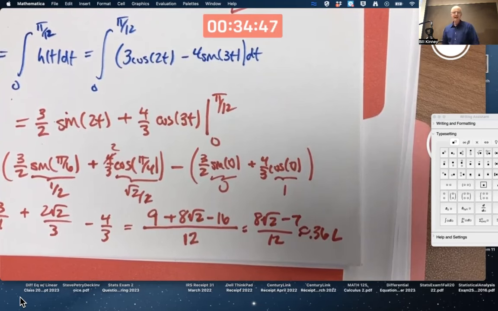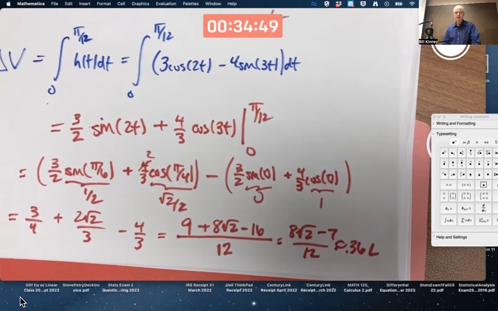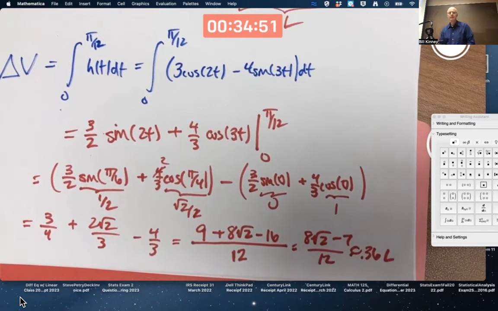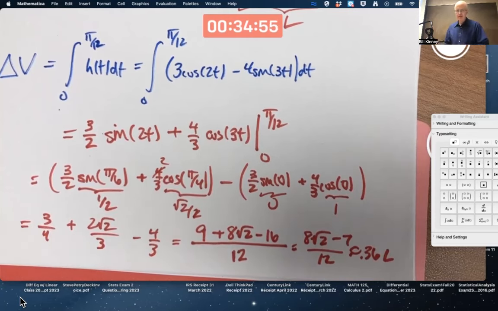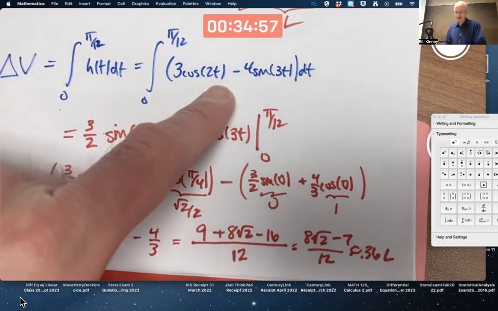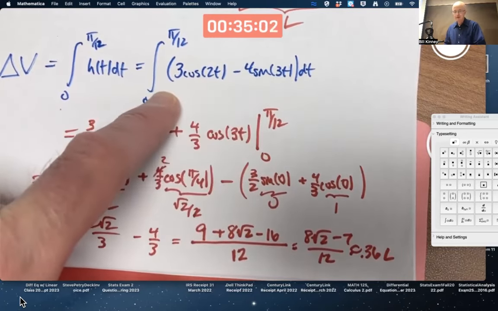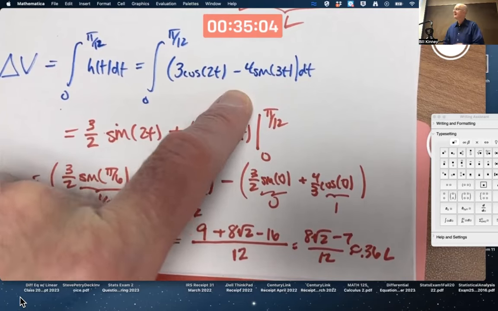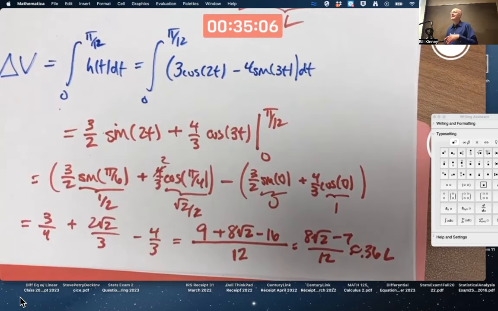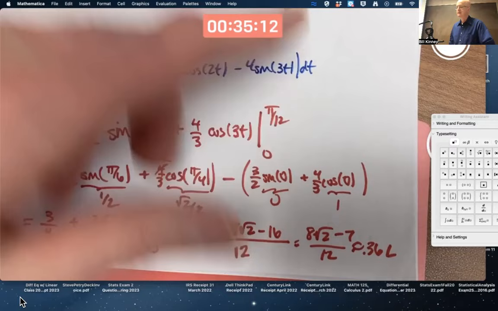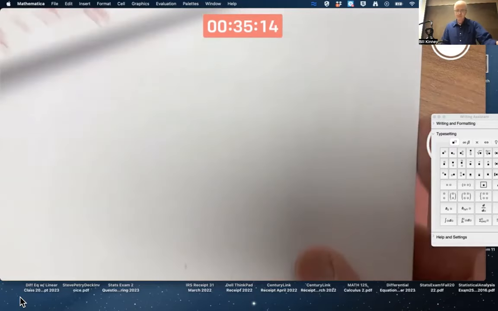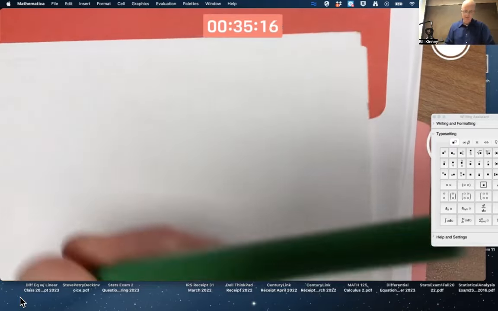Let's also emphasize a property of integrals that you should know before we talk about substitution. The property that I'm thinking of is that the integral of a linear combination of cosine and sine with the coefficients 3 and -4, the integral of such a thing is the corresponding linear combination of the integrals of each individual function by themselves. In other words, I could have done the problem